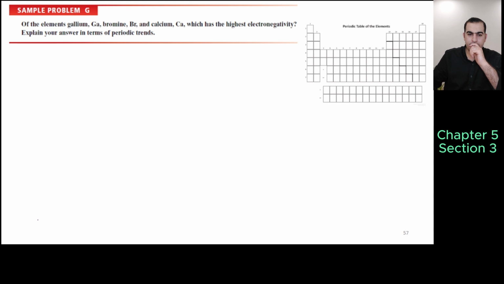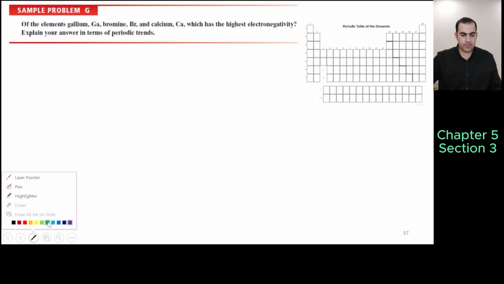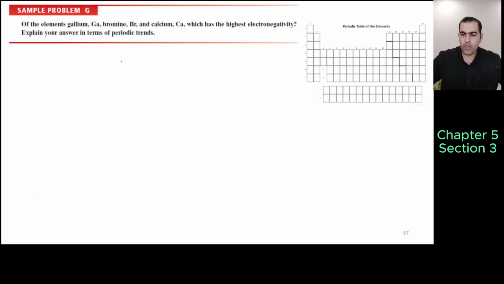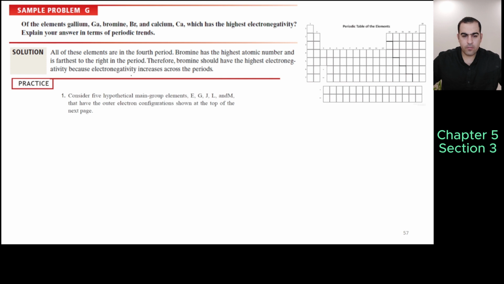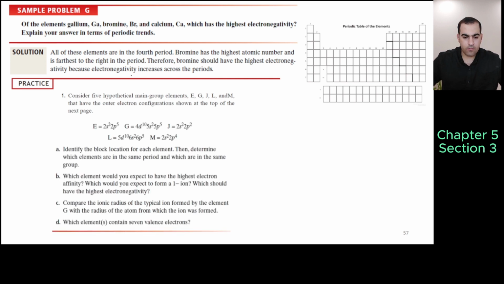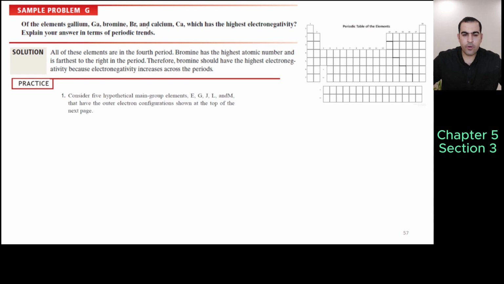Here we have some examples, and we solved this question like that. We're going to give you atomic numbers. Here it says gallium, bromine, calcium, these elements. They are in different groups, isn't it? Bromine is in group 17, calcium is in group 2, right? Okay, this is 31, it's in group 13, right? I think this is 31,